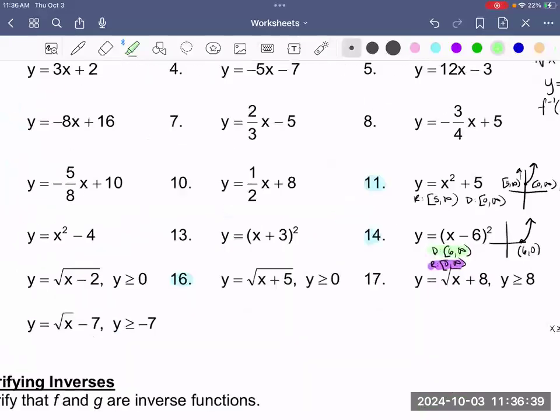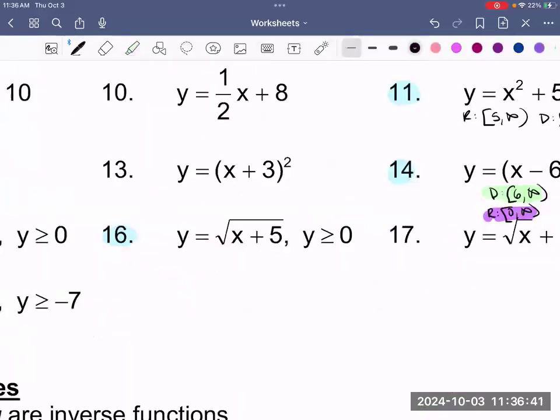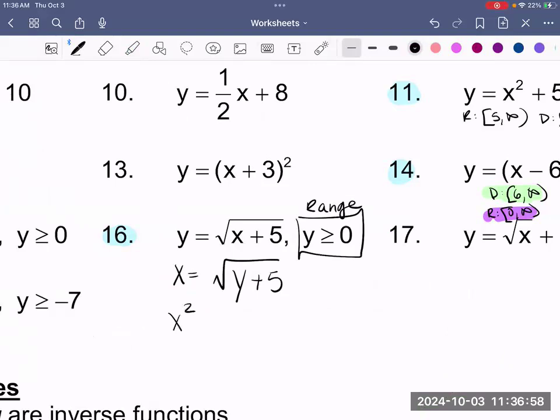Now let's do it one more time with 16. Y becomes x becomes y. And they're telling us that your range here is going from y is greater than or equal to 0. So now let's go ahead and solve. So now we have x squared is equal to y plus 5. Subtract 5 from both sides, you get x squared minus 5 is equal to y, or your f inverse,